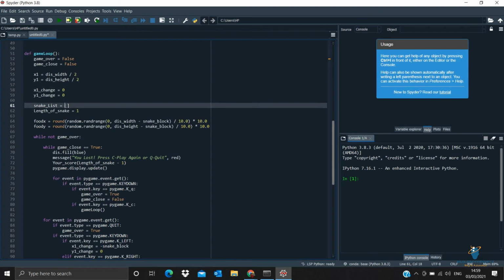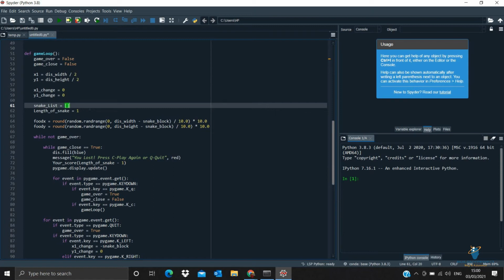And inside this we are going with the snake list, that is the number of food it has taken, and the default length of the snake we are giving as 1. Suppose your high score is 10, and by default the length of your snake is 1. So what is the actual size of your snake afterwards? While writing the code you have given the value by default equal to 1.